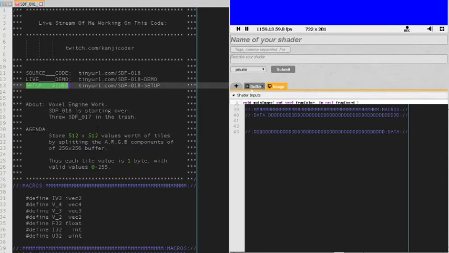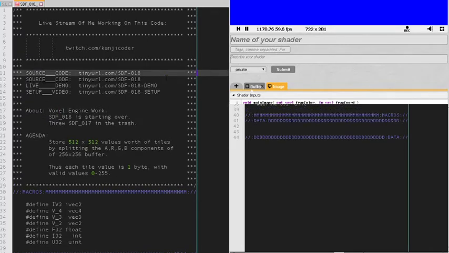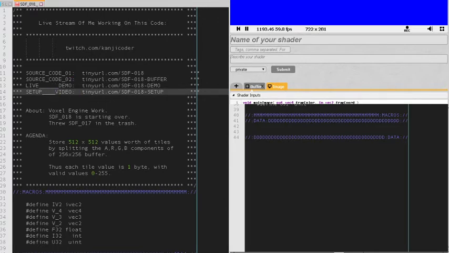So yeah, because now this has to be source code. So we really need source code 1 and